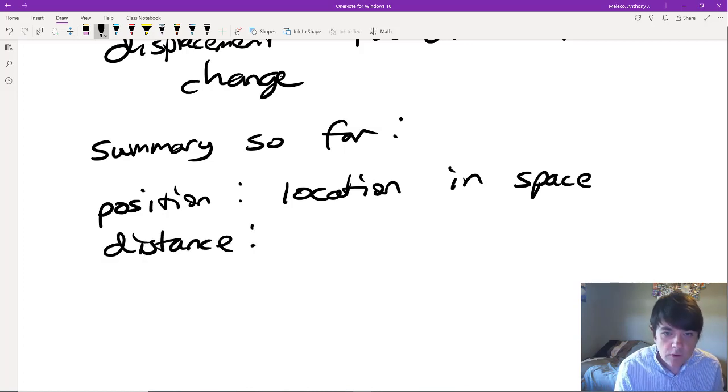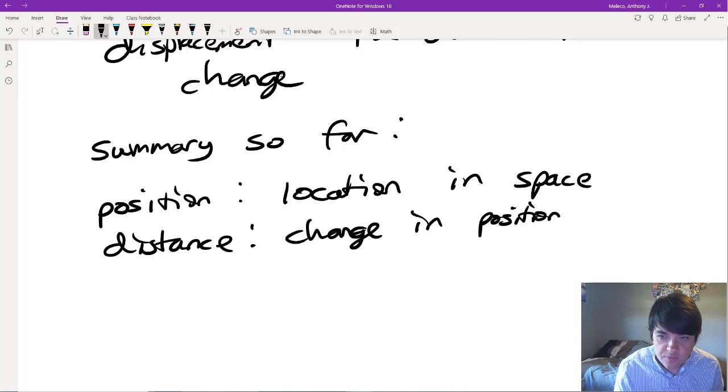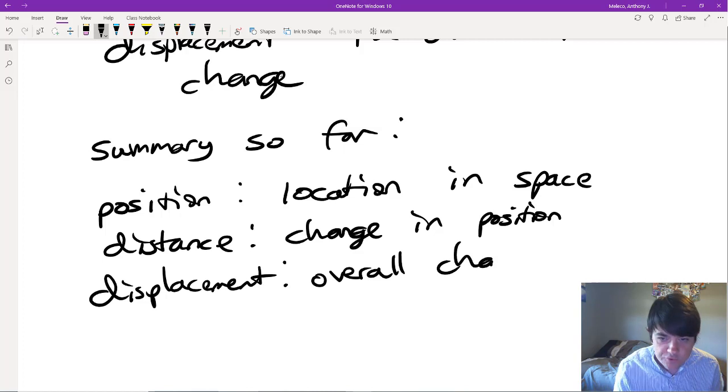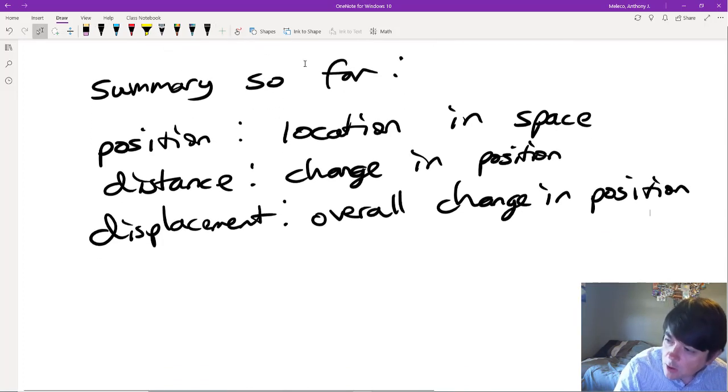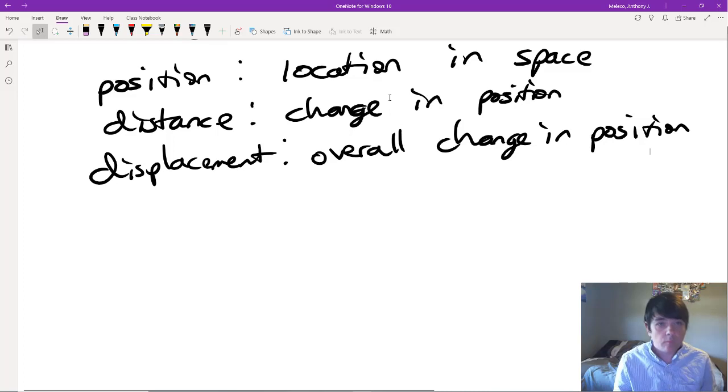Distance is change in position, okay? Displacement is overall change in position. Now, this is all very